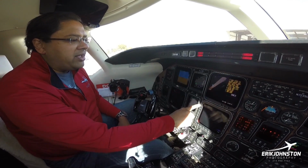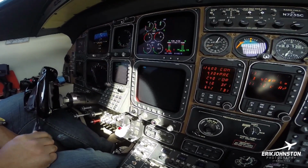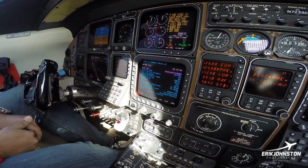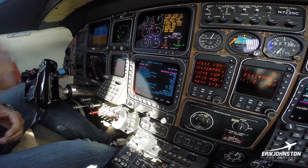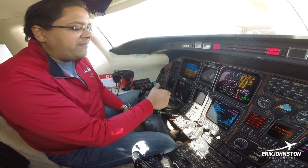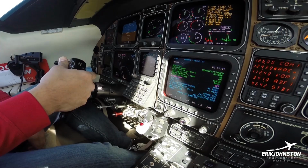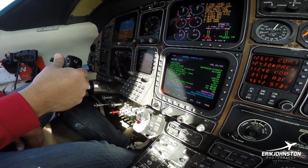The first thing we do when we power everything up is we go to the checklist. And one of the nice things about the Starship is that it's got a digital checklist. It'll take a second here to warm up. And what you'll see on the checklist is, like you would see on any other checklist, all the items that I would have to go through and clear before I start the engines and start traditional flight operations. Because this is a single pilot certified airplane, I can maneuver down the checklist right off of the yoke. So I don't have to push any buttons here. I do everything by pushing a button here on the yoke, and I can scroll down all the systems and check them before we go start engines and start doing other